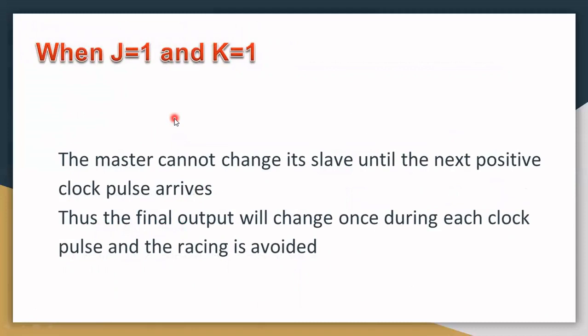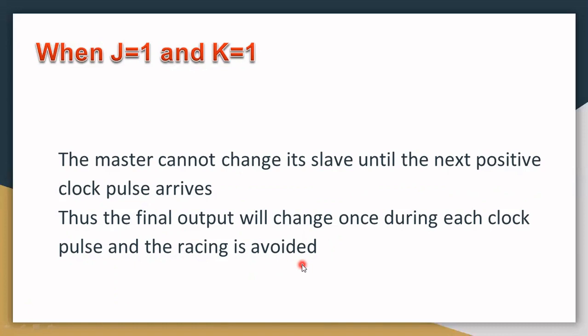Then when J is equal to 1 and K is equal to 1, the master cannot change its slave until the next positive clock pulse arrives. Thus, the final output will change once during each clock pulse and the racing is avoided. This is the important thing about master slave JK flip-flop. We can avoid racing condition because in each clock pulse,